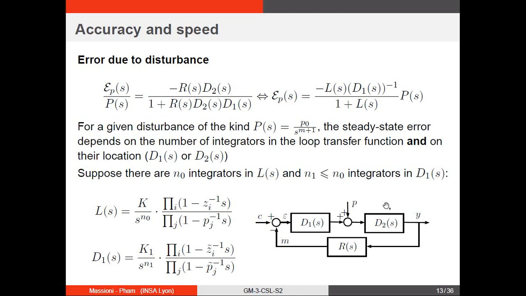If you have a ramp over here, you will need two integrators in order to get 0 error. 0 error means epsilon equals 0, so c equals the measurement of y, the measure m. Okay,